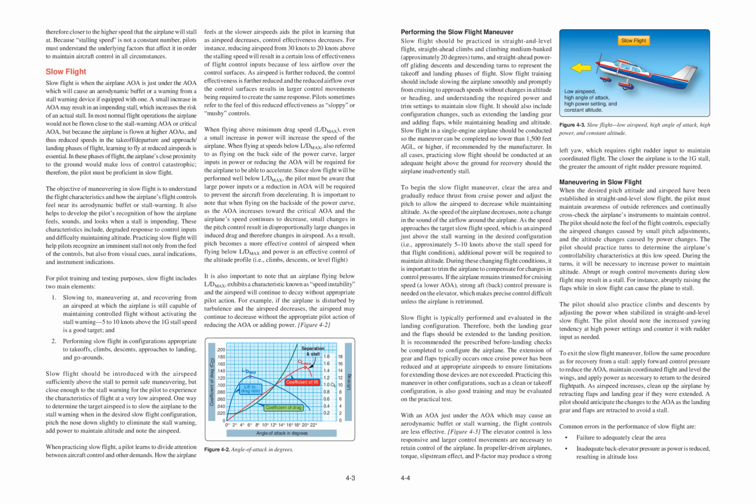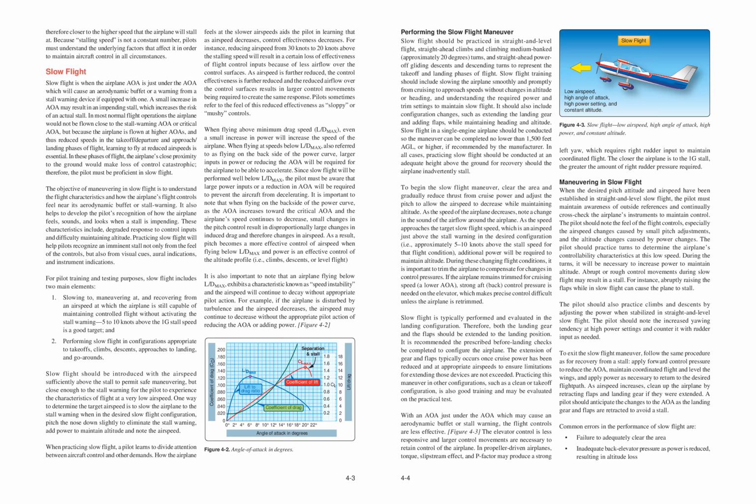In all cases, practicing slow flight should be conducted at an adequate height above the ground for recovery should the airplane inadvertently stall. To begin the slow flight maneuver, clear the area and gradually reduce thrust from cruise power and adjust the pitch to allow the airspeed to decrease while maintaining altitude. As the speed of the airplane decreases, note a change in the sound of the airflow around the airplane. As the speed approaches the target slow flight speed, which is an airspeed just above the stall warning in the desired configuration, i.e., approximately 5 to 10 knots above the stall speed for that flight condition, additional power will be